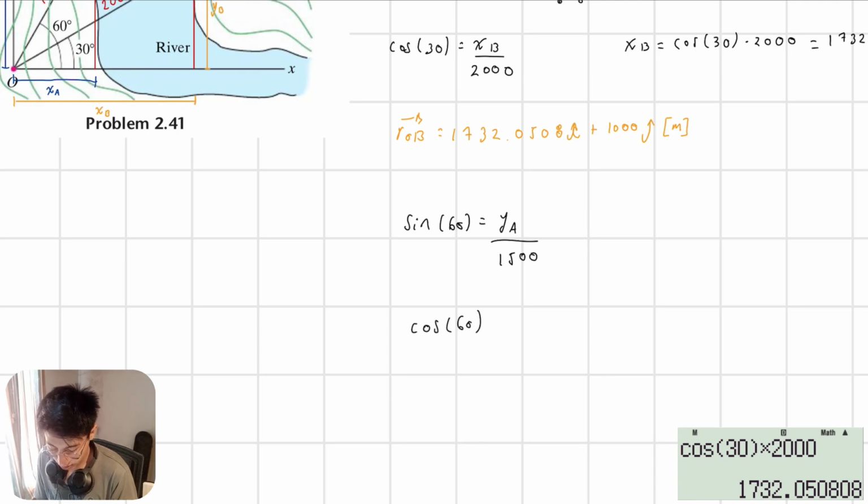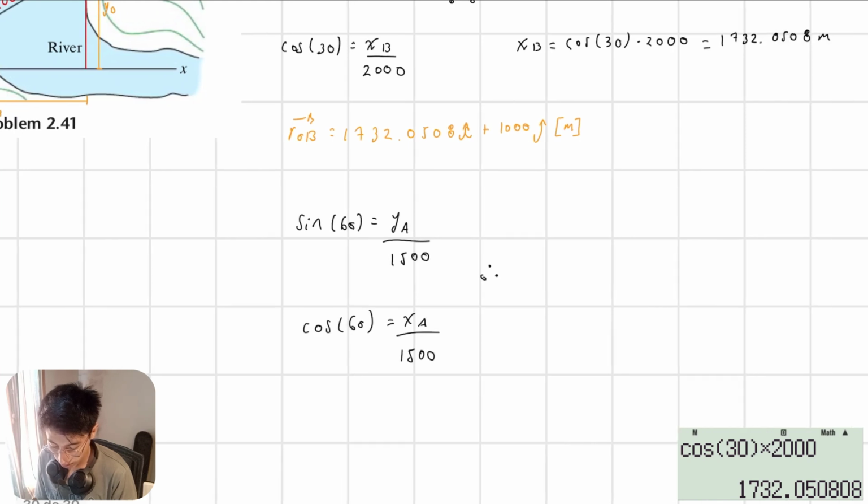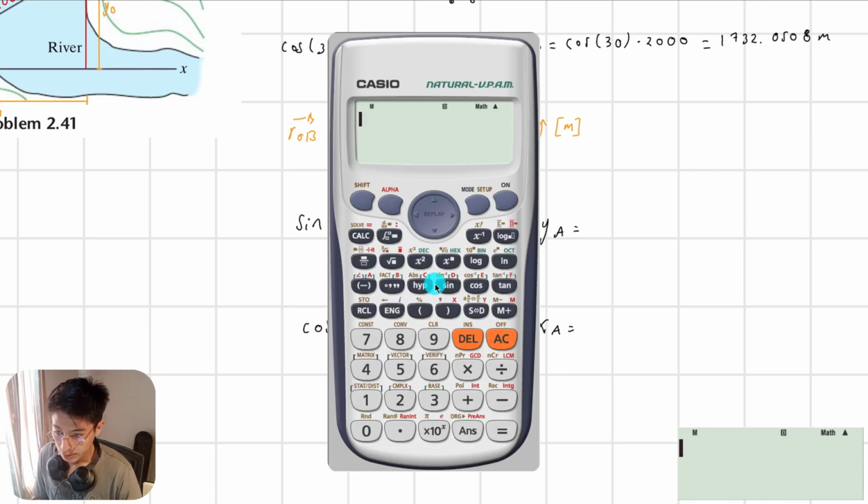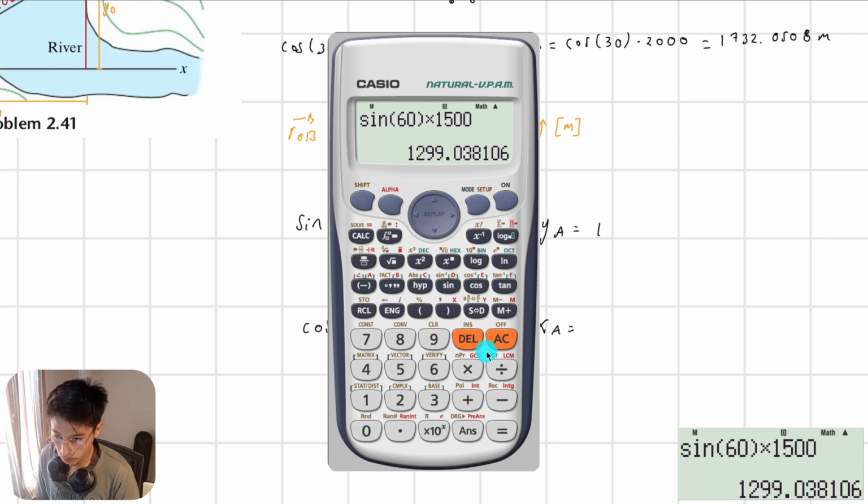The cosine of 60 is equal to XA divided by 1500. Therefore XA is equal to the sine of 60 multiplied by 1500 is equal to